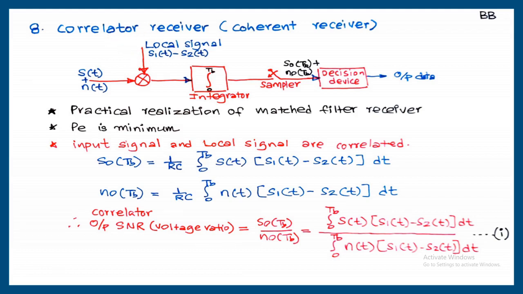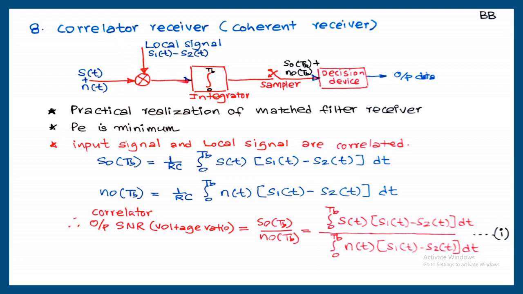This type of receiver we have studied for BPSK, BASK, BFSK, QPSK, MSK. For all these modulations we have studied this type of system, or all these types of receiver we are practically using for the reception of different digital modulated signals. So this is the received signal S of t plus N of t, and this is going to be regenerated from the received signal. Due to that regeneration, there is a correlation existing between these two signals. Meaning of that correlation is same phase and same frequency. Due to that correlation, receiver is called correlator receiver.